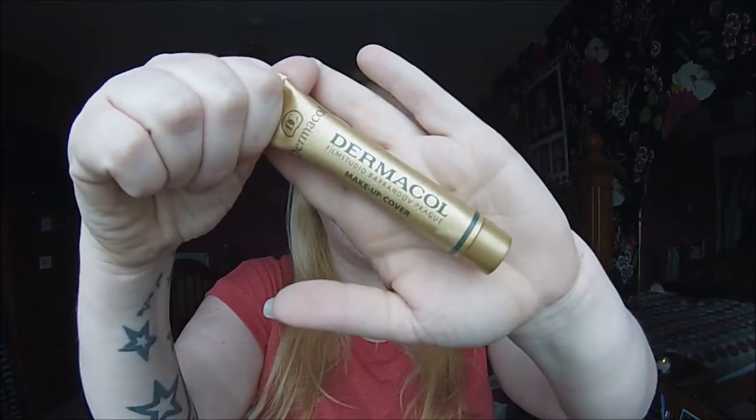I don't really know what I want to use this for, but just now I'll see what it's like as foundation. We will see what it's like foundation wise, but I cannot see me using this as an everyday foundation. Maybe if I was doing some really dramatic look that I needed like a mask basically, then maybe it would be good. But anyway, it comes in a little gold tube like this, as you can see,